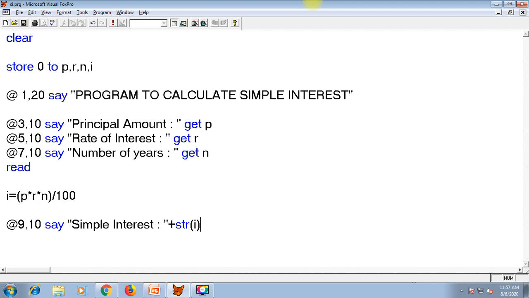So there will be type mismatch. So we should convert either I to string or simple interest to numeric. It is not possible to convert simple interest to numeric, so we have converted I to text or string.